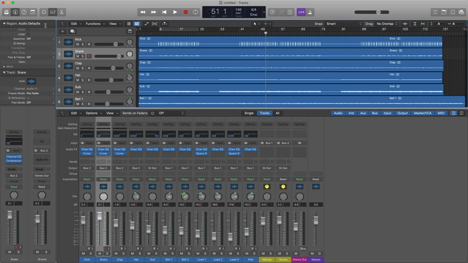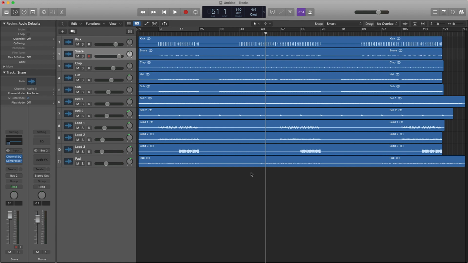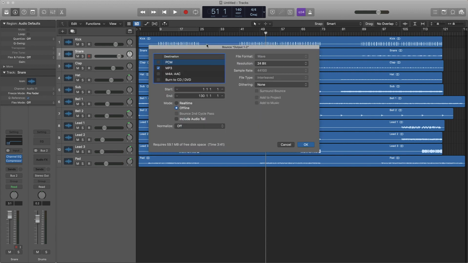So at this point, what I would do in this process, I would pretty much just go ahead and push Command B, and I would bounce this track down as a wave file, and I would do it with these settings. So I'll do wave 24-bit, and then I'll do the sample rate at 48, and you know, leave that alone, normalize off. Reason why I would do it like this, so say if you're going to upload this to, like, say BeatStars or something,